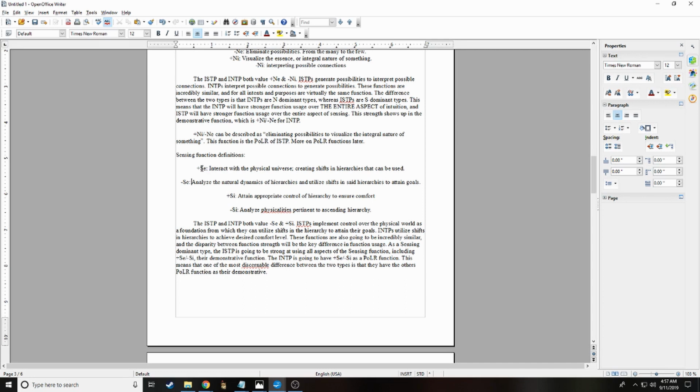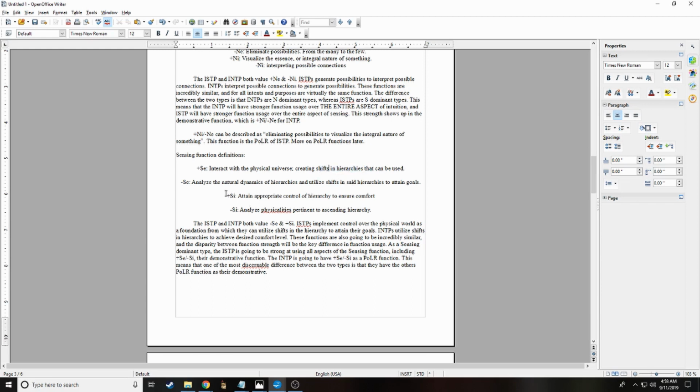So as you can see here, positive is a little more shallow of an analysis, and they're talking about positive is themselves acting upon the world to create shifts and hierarchies. A friend of mine used the word chaos, like introducing chaos to a system in order to do whatever they want, in order to solve conflict, actually, which is an interesting definition in and of itself. Whereas negative SE is more of an analysis of all the dynamics, ones that are started by the user and started by others, and they will utilize the shifts,